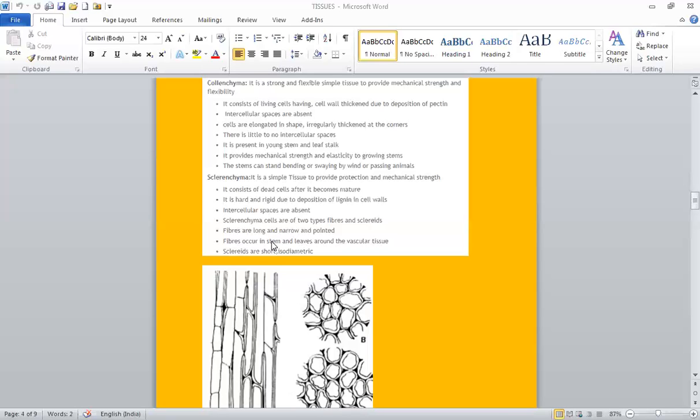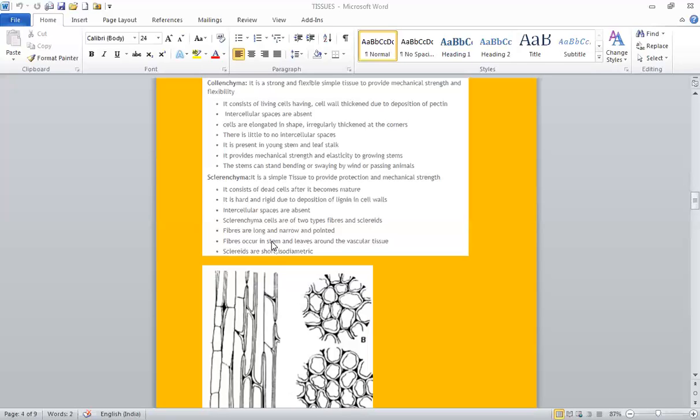You must all have seen that when the wind blows, leaves sway. It is due to this tissue. The bending of stems and leaves is possible with the help of this tissue. The leaf and the stem don't break, but sway in strong winds and in light winds also, so we can say that it allows bending of the tissues.